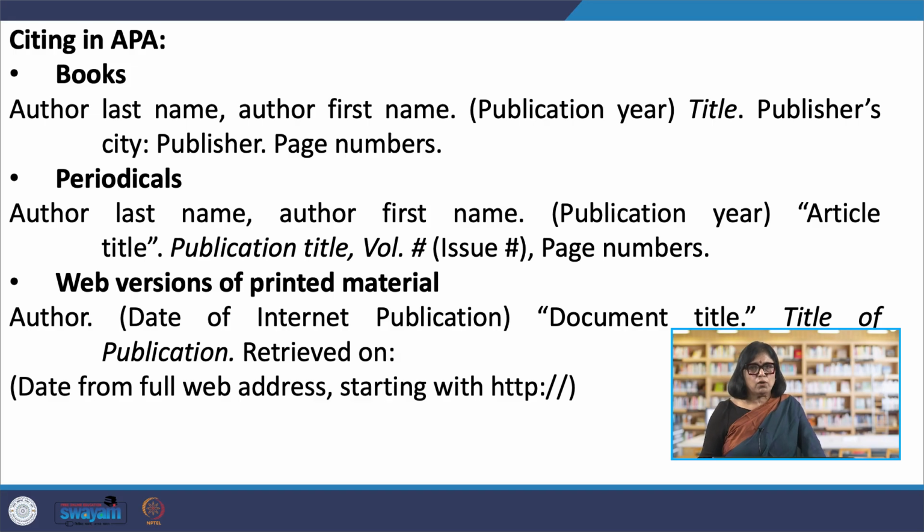Author's last name, author's first name, publication year, title, publisher, city, publisher, and page number. Now, how to cite periodicals? Author's last name, author's first name, publication year, article title, publication title, volume, issue, page numbers, and then web version of printed material. Now, author, date of internet publication, document title, title of publication, retrieved on, date, from, full web address starting with